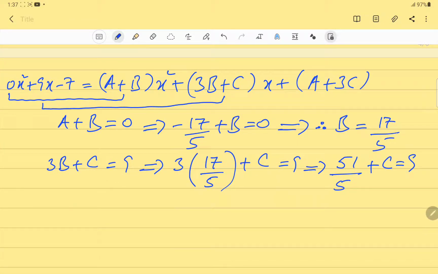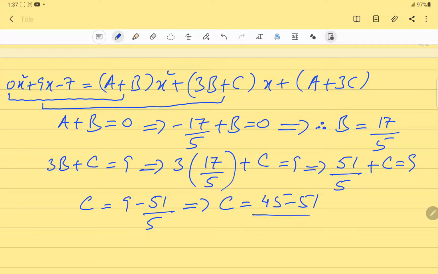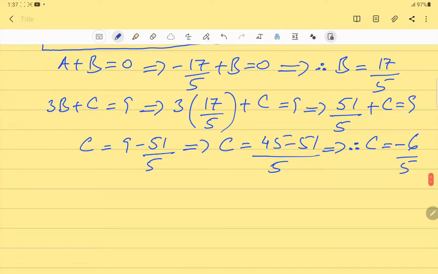So c is equal to 9 − 51/5, that is (45 − 51)/5. So c is equal to −6/5. Now we have the values of all the three constants, so we can write